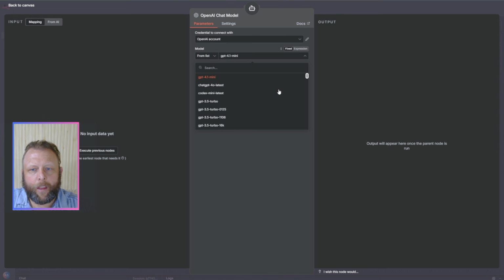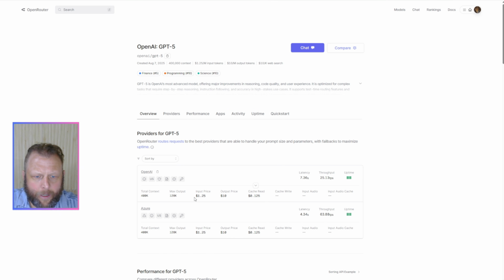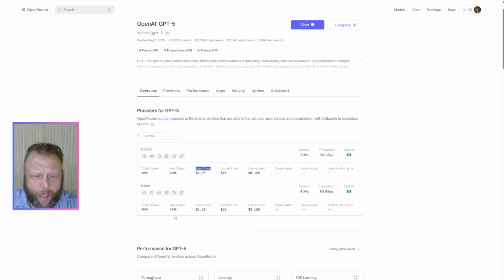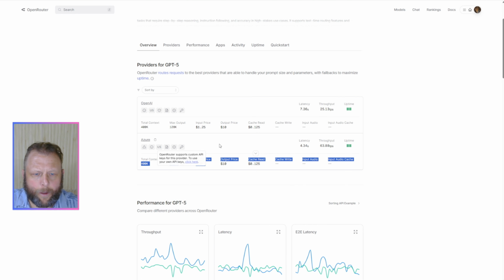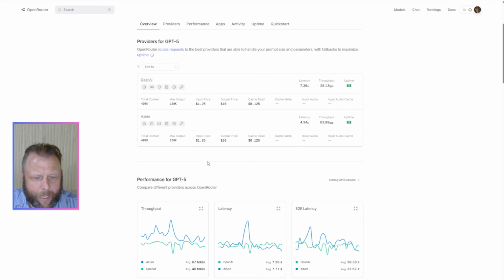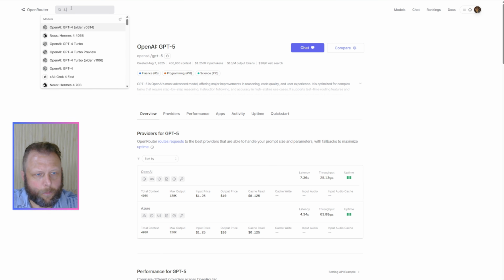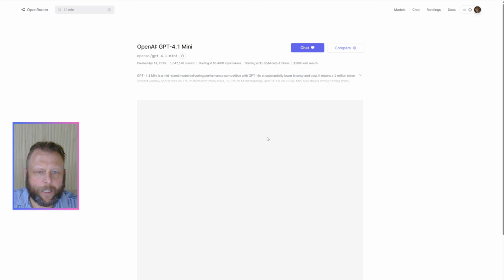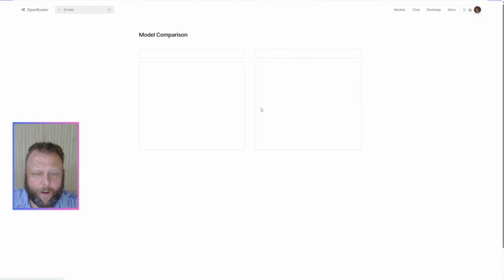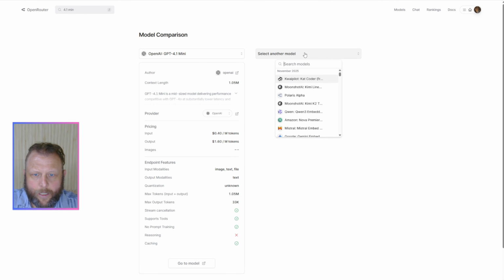Now, most likely everything you're going to do is still going to be good enough for GPT 4.1, and does this show the pricing? So input price and output price. So $1.20 in here for GPT-5. You can go look up the pricing. GPT 4.1 mini. Let's look in here, 4.1 mini in here. You'll see that it is going to be a lot faster. And we can do this GPT-5